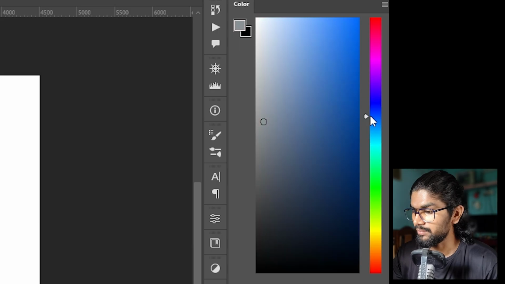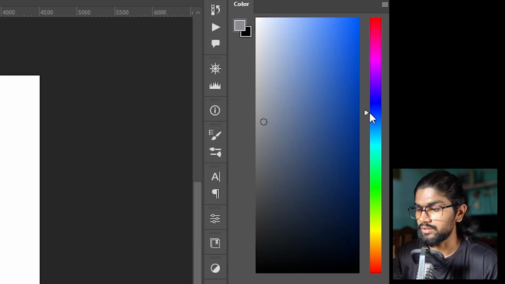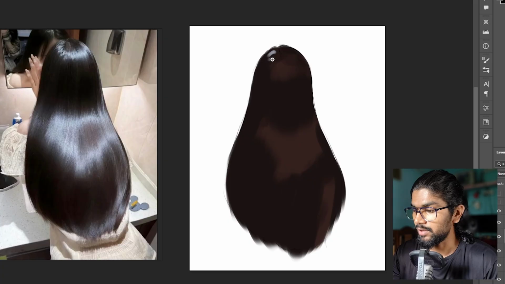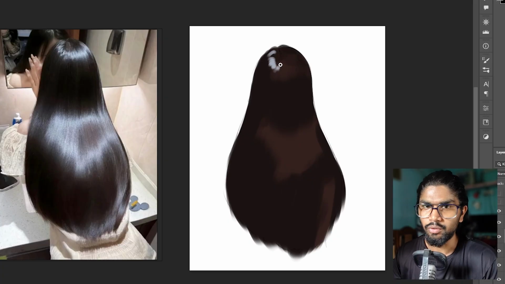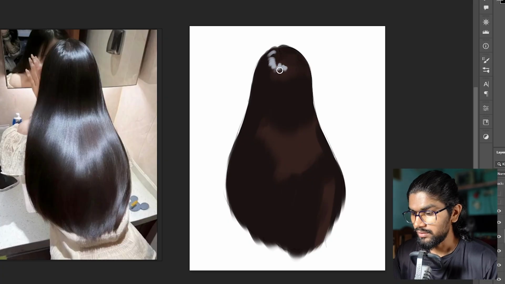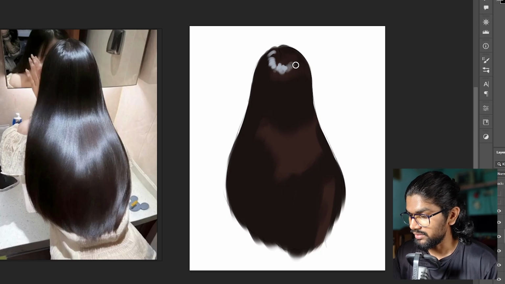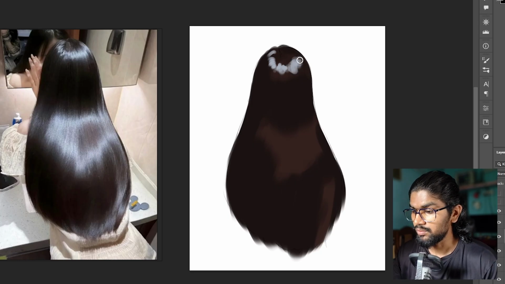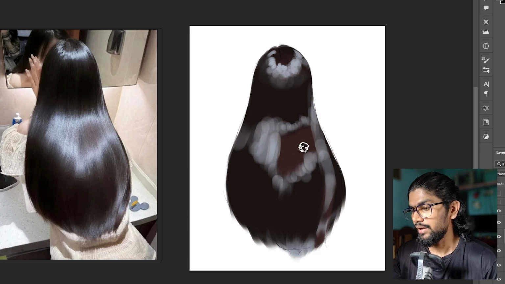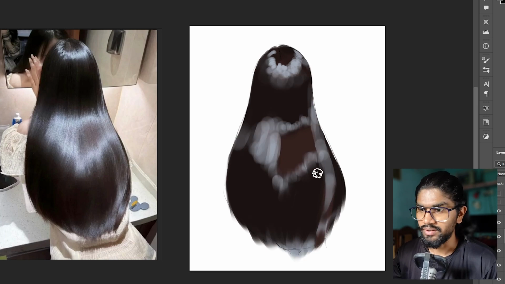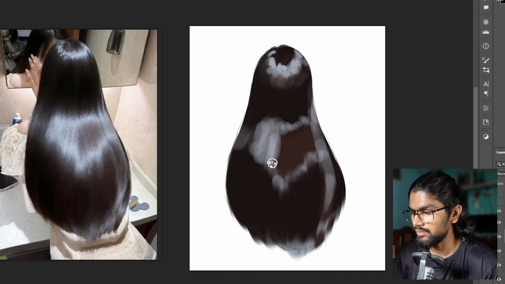And now I can take a brighter color for the highlights by shifting the hue bar, and here I'm just applying the lighter strokes. Later we can apply brighter highlights, and here I can follow the highlight shape as it is, just like the reference. So let's put the highlight here,